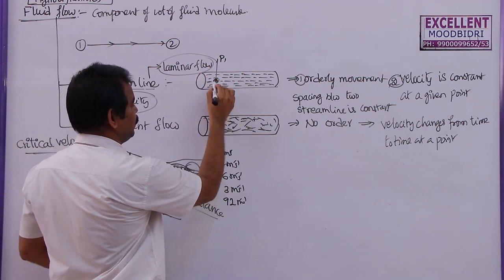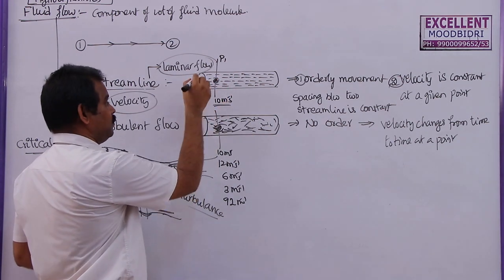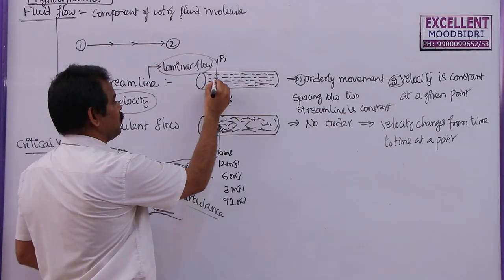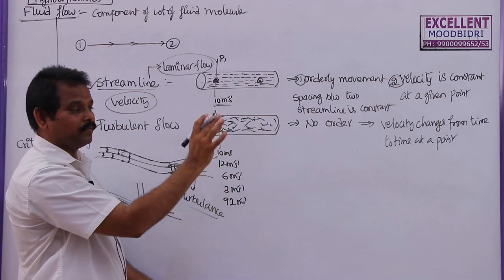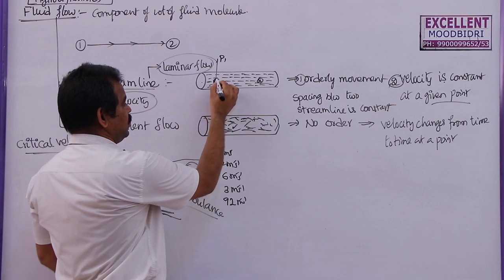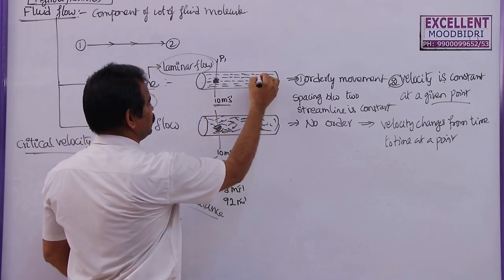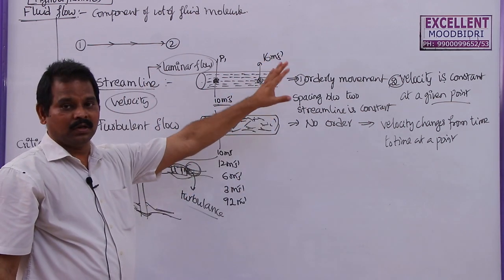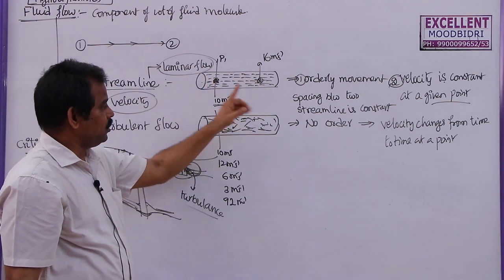Here it is given as 10 meter per second. So the next particle will cross this point with 10 meter per second, and the 14th particle will cross this point with 10 meter per second. 94th particle will cross this one with 10 meter per second. But whatever the velocity here, it may not be 10 at another point, because at a given point velocity is constant. If the point changes, the same molecule which is traveling here with 10 meter per second may cross this one with 16 meter per second. From point to point, the velocity may change, but you can see at a given point velocity never changes.